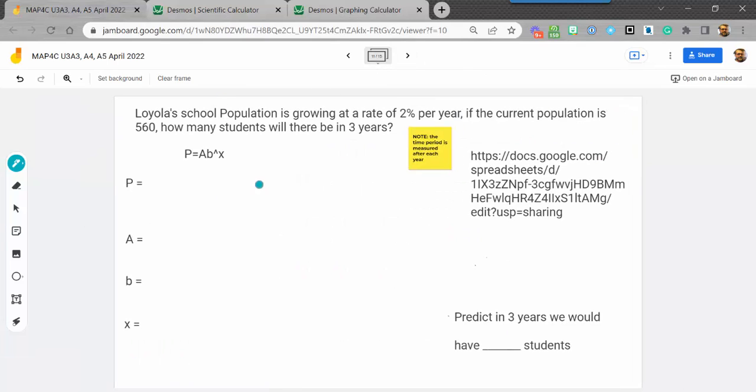So we'll try one like this. Loyola school population is growing at a rate of, I'm making this up, 2% per year. If the current population is 560 students, how many students will there be in 3 years? And I can use this P equals AB to the X, where P is the population,